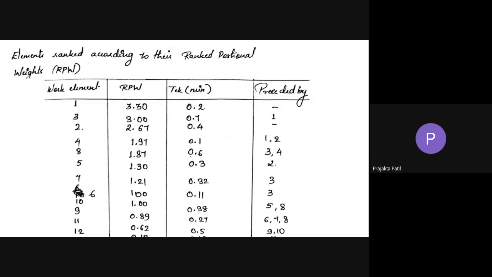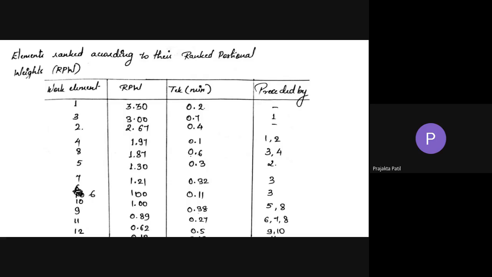So the first step is to find all the given data, that is, you find what is TWC, TS and all of those values. Having done that, you have to draw the precedence diagram. After you complete the precedence diagram, you have to find the rank position weights. What are the rank position weight values for all the elements, and they can be found by following the arrows. Those particular elements only should be considered which are in the direction of the arrows. Do not go for those elements which are not followed by those arrows. You're not going to consider those. So having done this, you're going to find the RPW values.